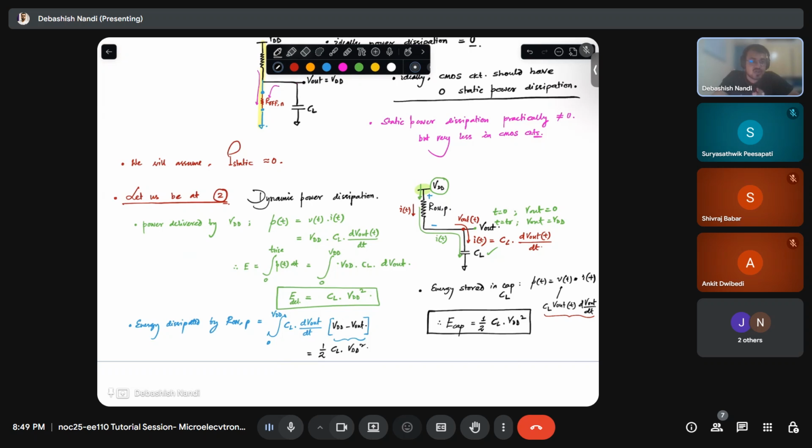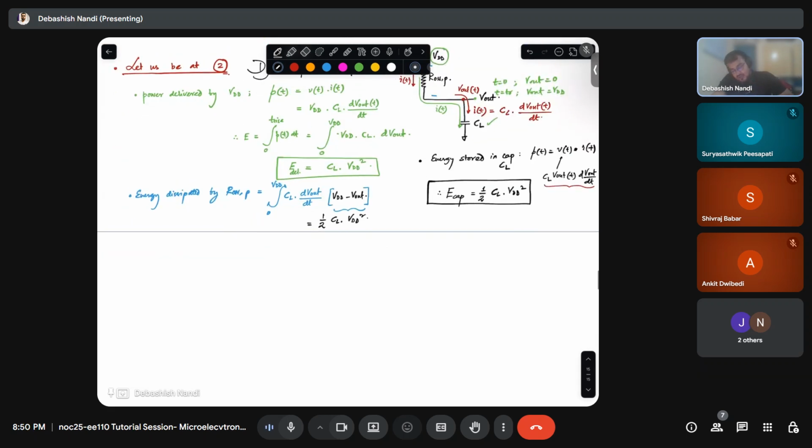That is why half of the power is dissipated, but you should know how to calculate power dissipated or stored across any element. It is the voltage across that element times the current flowing into it, and then you integrate to find the total energy associated with it. So if you have understood that,